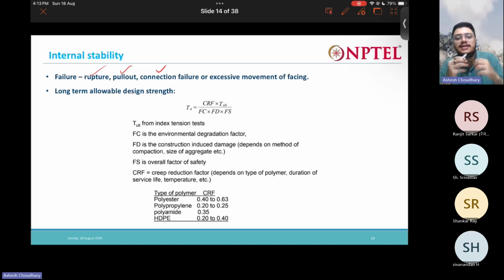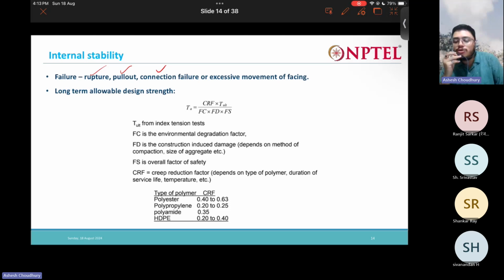There is some loss of strength in the reinforcement. So that is nothing that is defined by the creep reduction factor. Then you have the environmental degradation factor. You have placed the reinforcement in the soil, so there is rain, there is sunshine, there are so many environmental things. There might be some chemical action from the soil, due to some minerals present in the soil, all those things. So various factors might be there that might induce some damage in the reinforcement. So that also you have to consider. That is the environmental degradation factor.